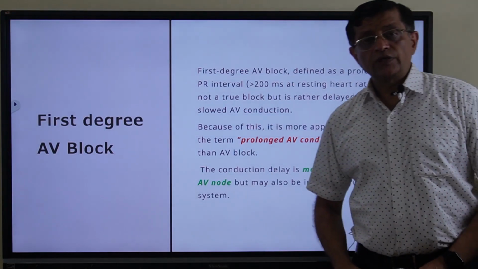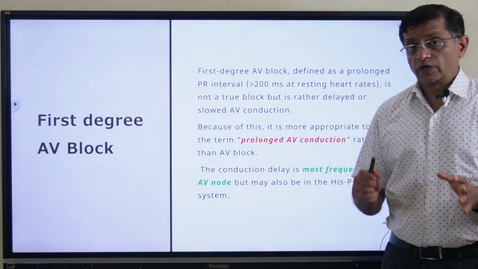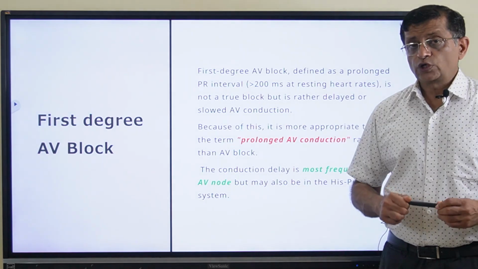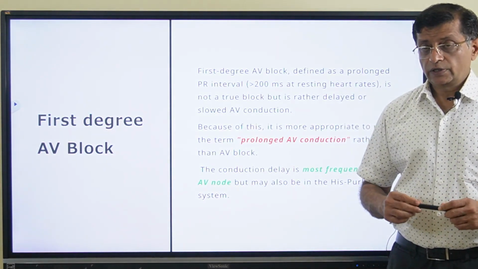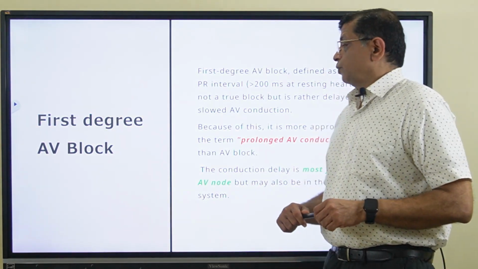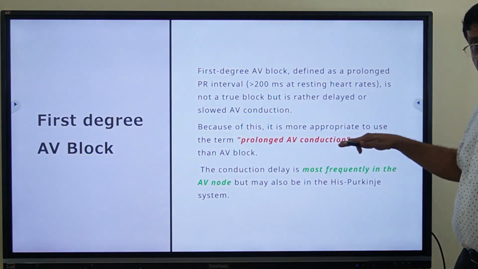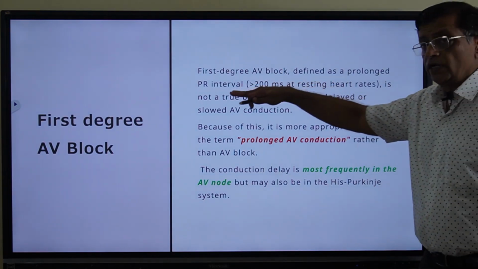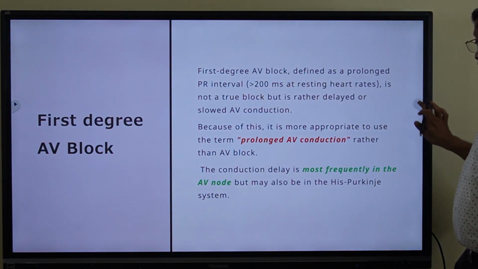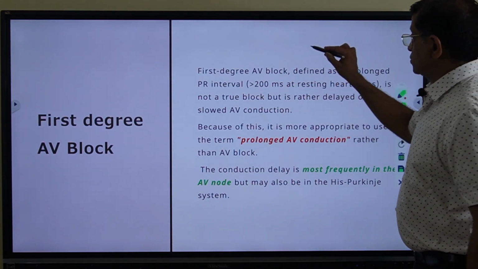So, having dealt with the etiology or different causes of the AV blocks, let us now focus on first degree AV block. First degree AV block is not a block per se, but prolonged AV conduction, which results in a PR interval of more than 200 milliseconds. As we just discussed,